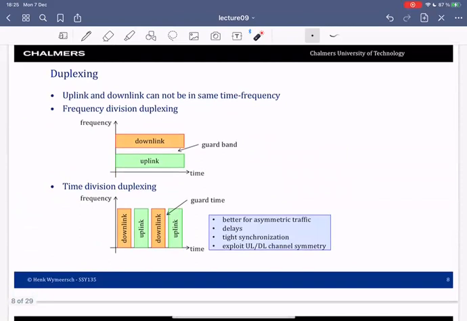A first concept introduced is so-called duplexing. Duplexing refers to the separation between uplink and downlink communication. These cannot happen in the same time frequency band because then they would interfere with each other. There are two common